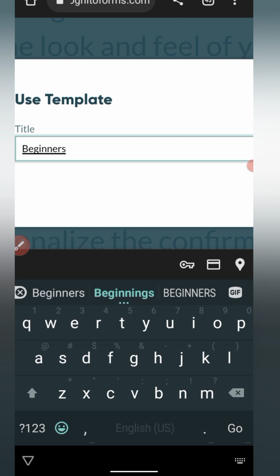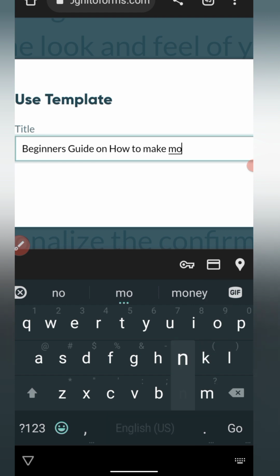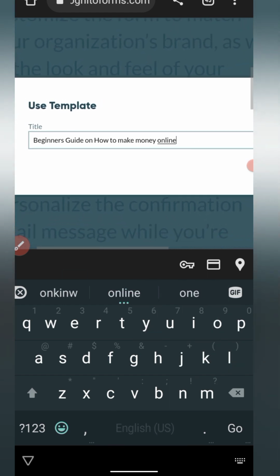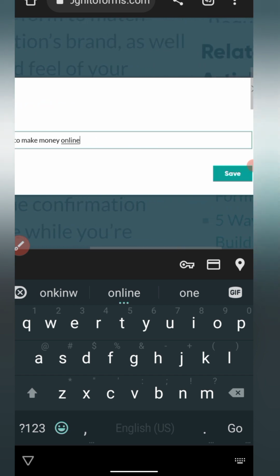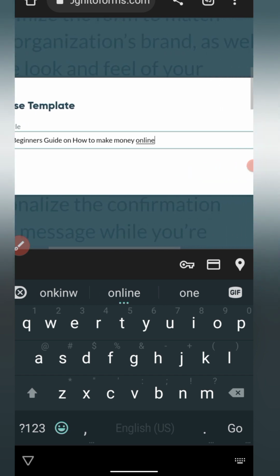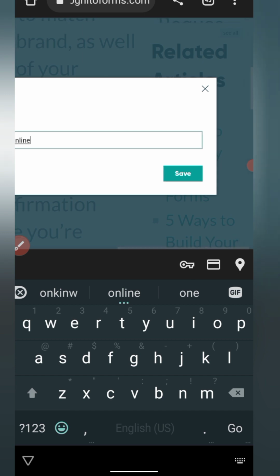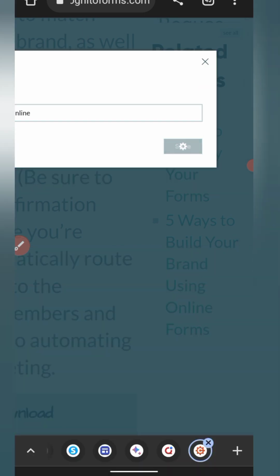So let me use this: beginner's guide on how to make money online. If probably this is what my article is centered on, beginner's guide on how to make money online, then you come here to save. I hope you're following. So good. Now